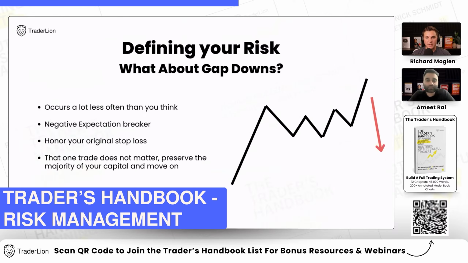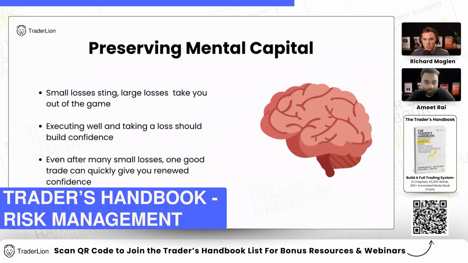What about gap downs? How do we manage risk here? Gap downs will happen. I think the key thing here is we have to manage risk in real time. A stock could just as easily gap down and keep going, and it breaks below the base, and then it breaks the 200 SMA, and then again, you're an investor when you should have been a trader. You've got to take your loss when it's as small as possible. Taking small losses is mentally just an easier thing to do.